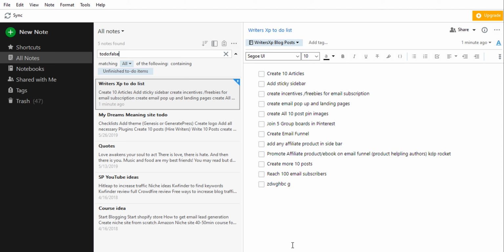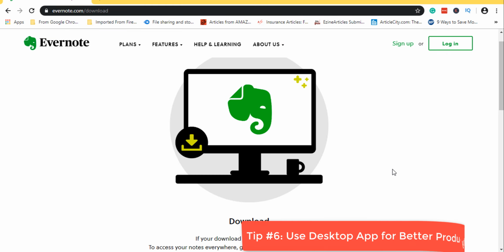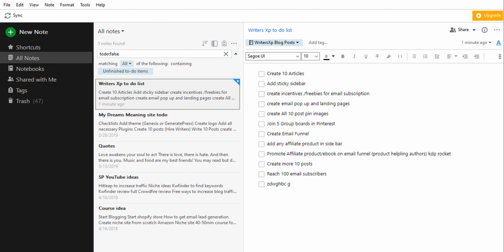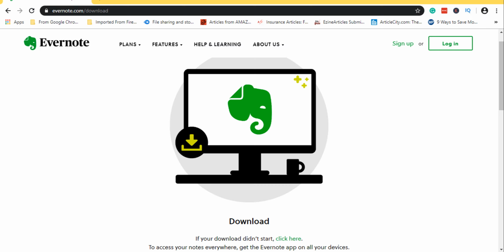The next tip I have for you is that you should use the desktop app to manage and organize your Evernote if you want to get the most out of Evernote, and use the mobile app to capture and see things on the go. Why I am saying this is because you will be frustrated when you try to organize your data in Evernote using your smartphone or even from the web.